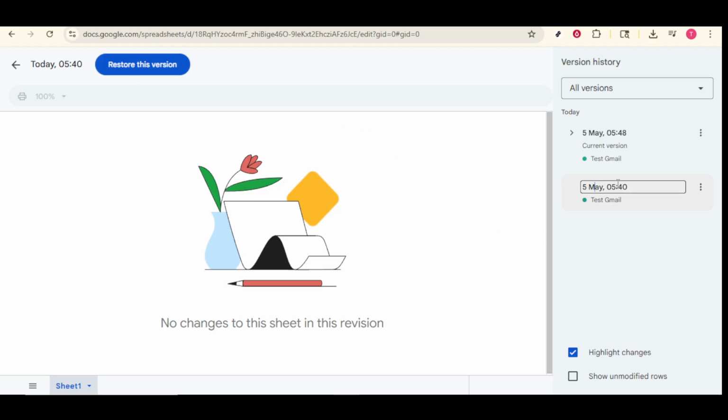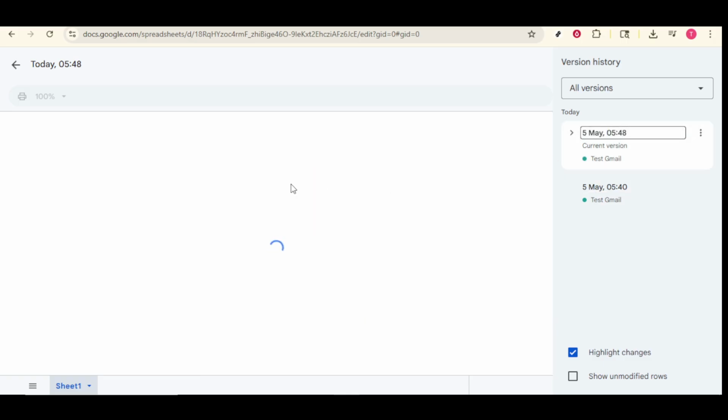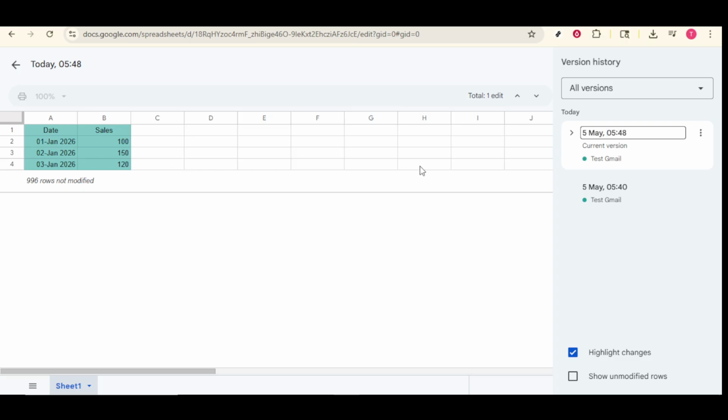By following these steps, you can efficiently track changes in Google Sheets, ensuring you maintain control over your documents and collaborate more effectively. Remember, utilizing version history not only helps in managing your data, but also fosters a